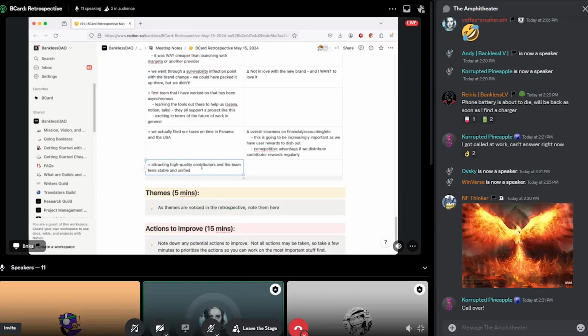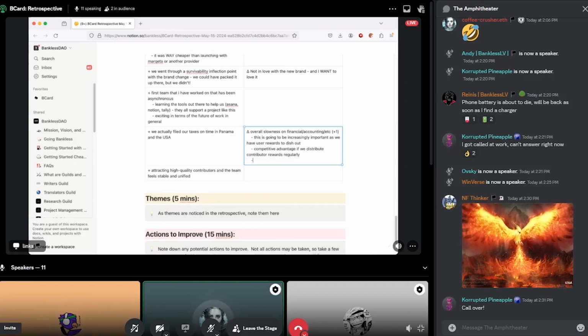To go back to when you were talking about the slowness, that's the one thing that I also agree with. As we start to increase the number of users or customers, we're going to have to find a way to automate those payouts, because that'll make a big difference. If those are delayed, that will shape the brand perspective of our card.